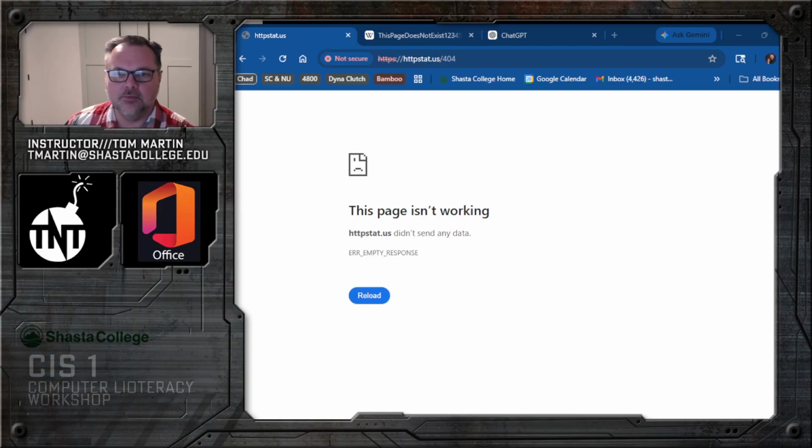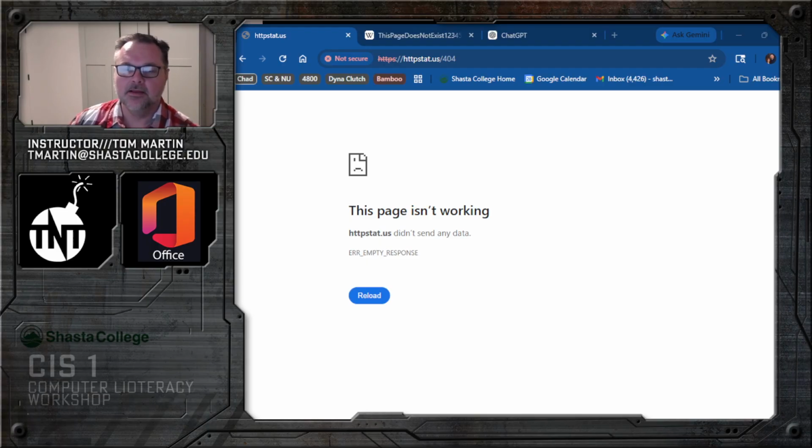You might type in a web address that you're given. Maybe it's on a business card or a flyer, or it's a web address you normally go to, but for some reason this time it's not working, right? This page isn't working. Sorry. Right? And this is what's called a 404 error, and you see that here, 404. And you also notice that this page is not secure because it's not an